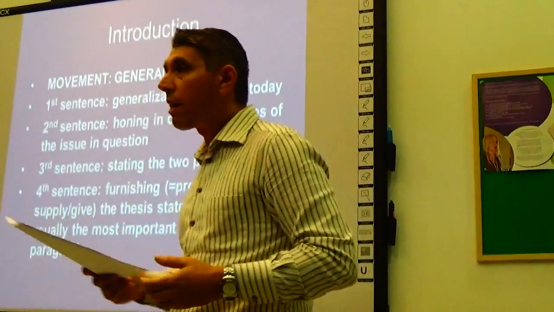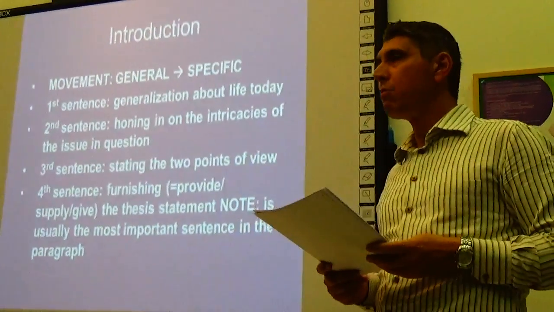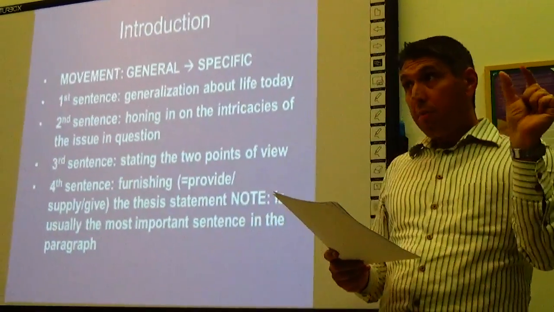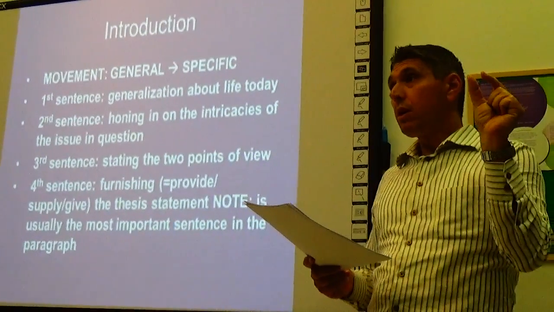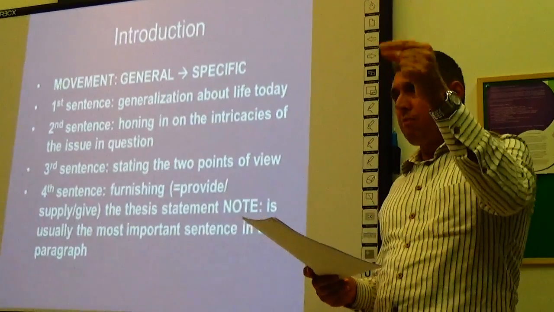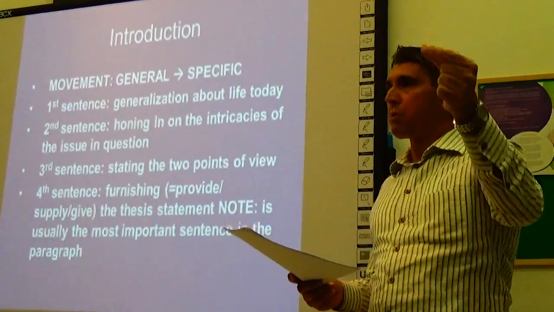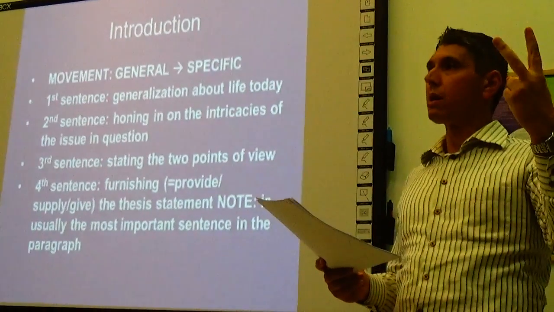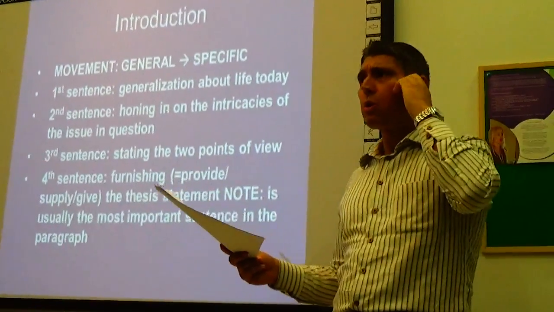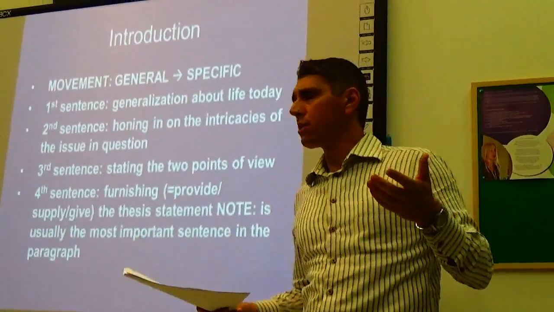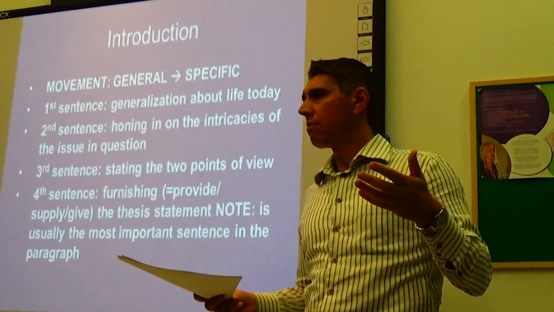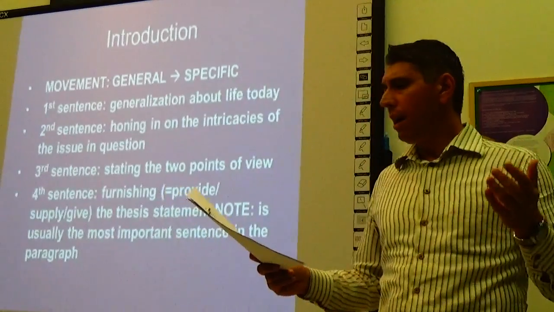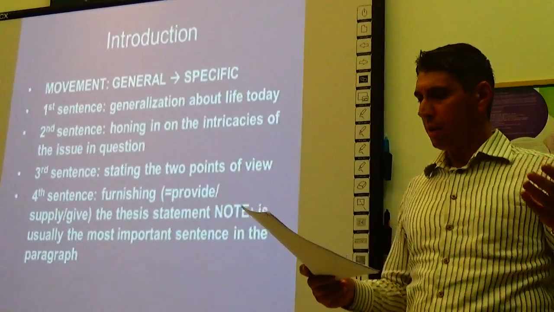Let's move on to the third paragraph, which is the second paragraph in the main body, but the third paragraph in the entire essay. Remember that you have already provided the first reason, so you're not going to use the word the most important reason or the most obvious reason. You're going to use the word another, because now you're moving on to the second one. Of course, you can also use the word a second reason, a second challenge, a second quality. Or you can use the word another important reason why, and so on.